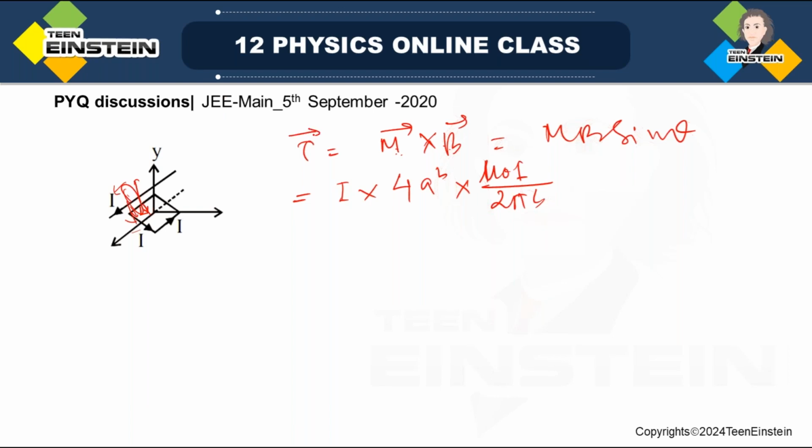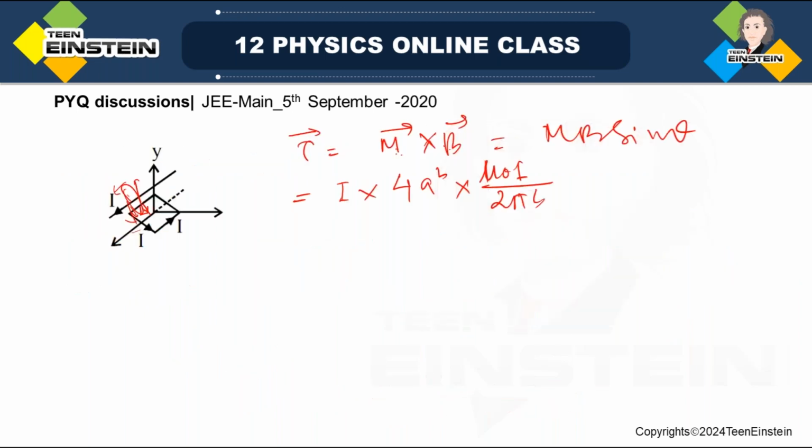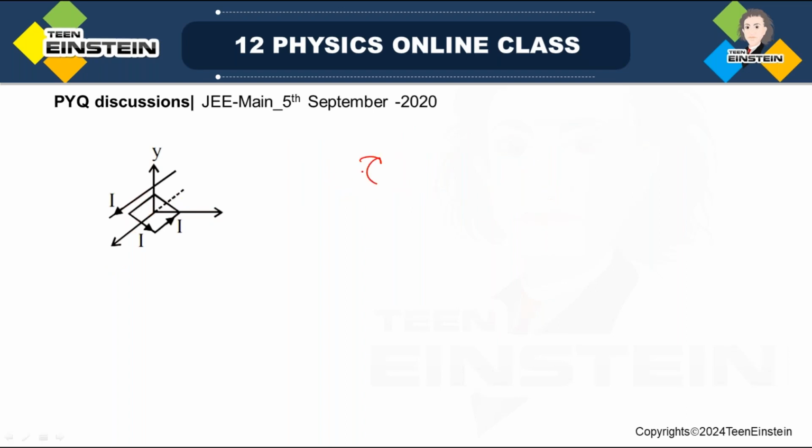So this tau will be, we have to get the magnitude. No need to go for the direction. The magnitude of the torque on the loop about the z axis, you have to find out. Torque means the perpendicular distance, MB. So the magnitude of the torque will be